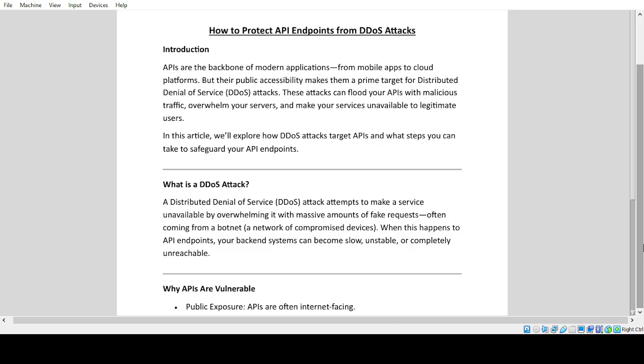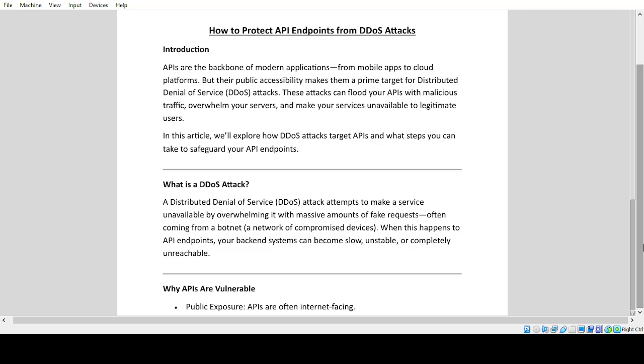How to protect API endpoints from DDoS attacks. Introduction. APIs are the backbone of modern applications, from mobile apps to cloud platforms. But their public accessibility makes them a prime target for distributed denial of service (DDoS) attacks. These attacks can flood your APIs with malicious traffic, overwhelm your servers, and make your services unavailable to legitimate users. In this article, we'll explore how DDoS attacks target APIs and what steps you can take to safeguard your API